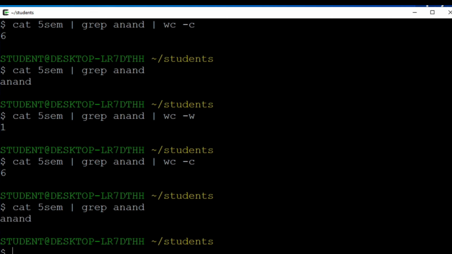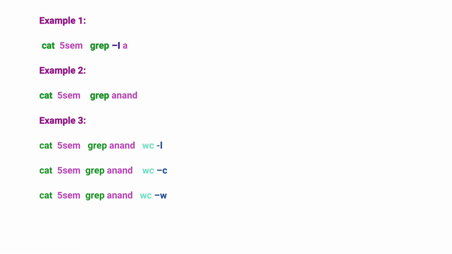If you look at the word Anand, how many characters does it have? 5 characters, but it is showing 6. The extra character is just because after typing Anand I have pressed the enter key, so that is also considered as a character and counted. Instead of 6 it is showing 7. This is what the difference is all about.